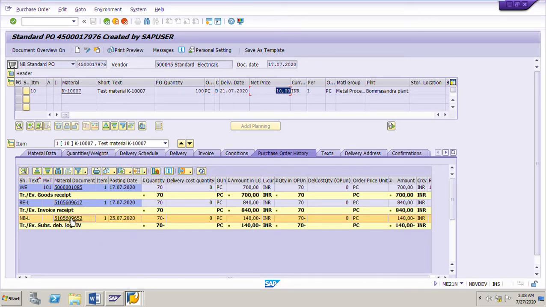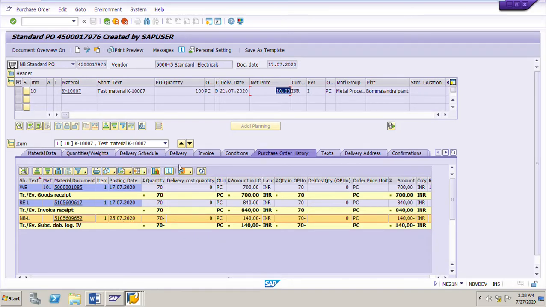This is the credit memo number 510-560-9652. So hence now the blocking reason price is invalid. The blocking reason price becomes invalid when the vendor has agreed to reduce the price, and we have posted a credit memo for the extra amount the vendor has charged.